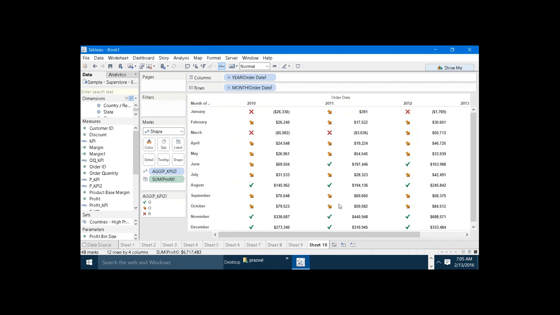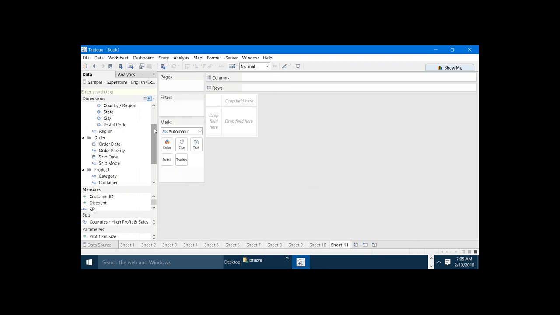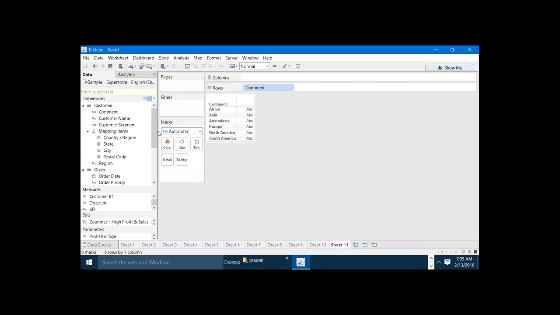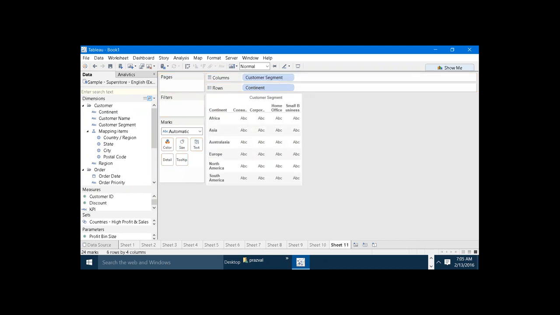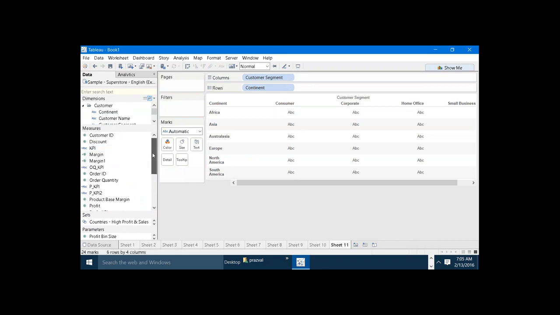So similarly, I would like to get multiple gauge charts. Let's say for example, I'm taking continent and I'm taking the customer segment. And I'm taking, let's say, sales. So if the sale is more than 1 million,